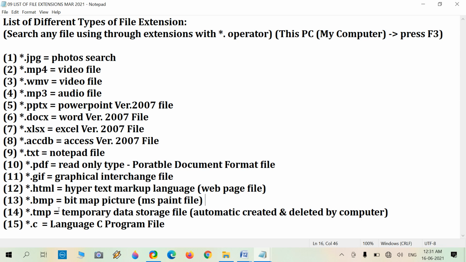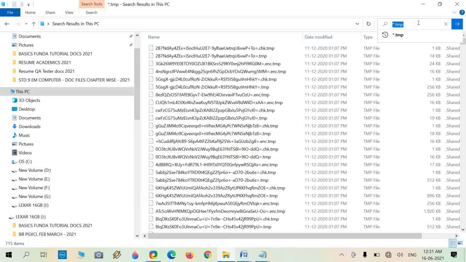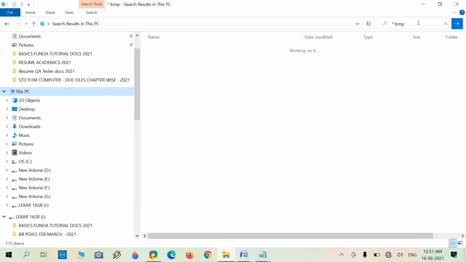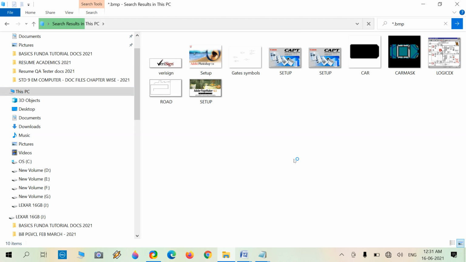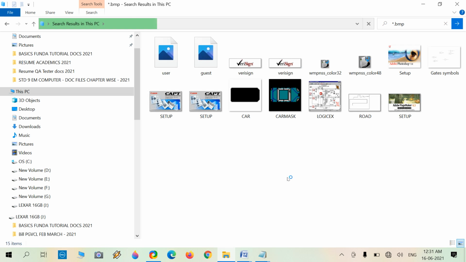So there is an option to find it: the extension asterisk.bmp is used. Here it is, asterisk.bmp. Press enter, and it will generate all the listed and existing BMP files. There are so many BMP files if you have them.